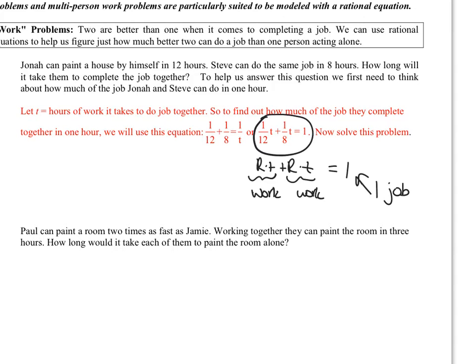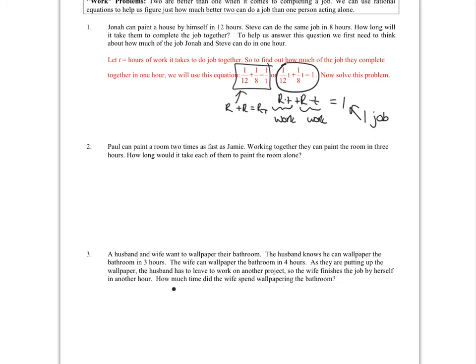I know the Khan Academy videos focused on this form where it was just rate of one plus rate of the other equals the total rate. Okay, so yes, you can do both methods. When their times are not equal, it's easier to complete it the second way where it's work plus work equals the one job. So I just want to look at questions 2 and 3 with you